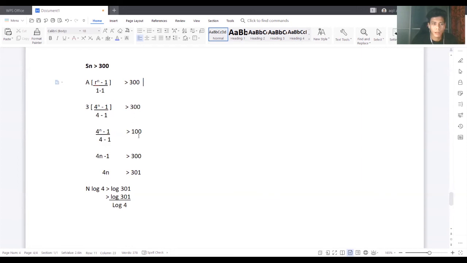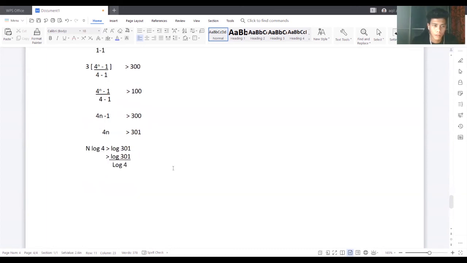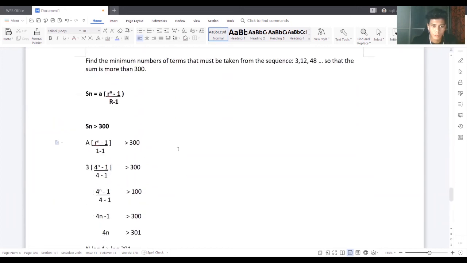And then the reason why the 300 became 301 is because n log 4 is based on this 4^n, and then log 301 is based on this 301 here. And then press it on the calculator, log 301 divided by log 4, and then the answer will be